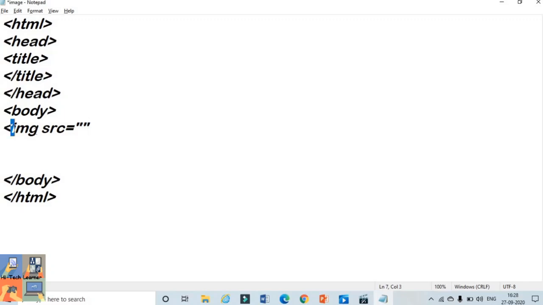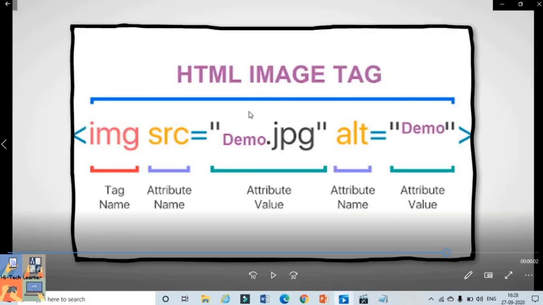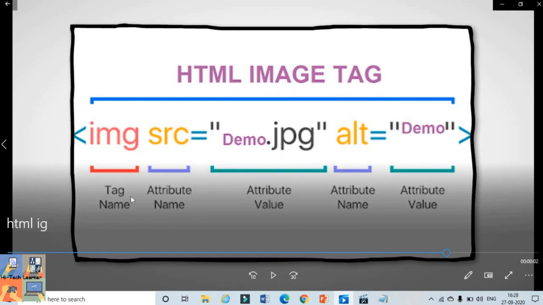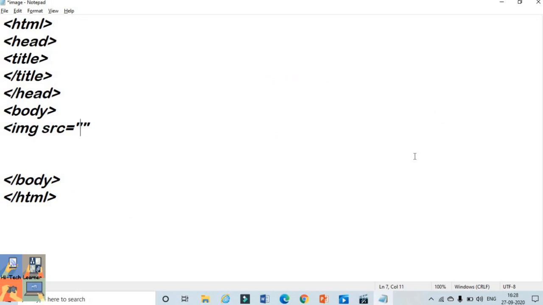So whatever we write after the angle bracket will be our tag, and after the tag, giving one space, the thing which we write is known as an attribute. As you can see here, img is the tag, src is the attribute, and the value of the attribute will be the image name that we will use to insert the image, and another attributes that we will see in the program. Quickly we will go back to the program.